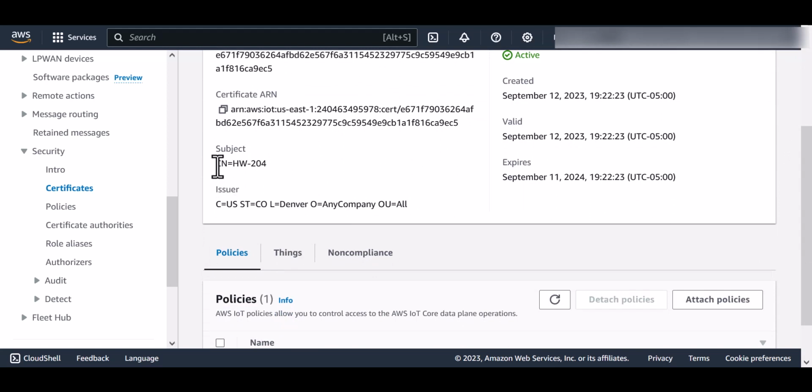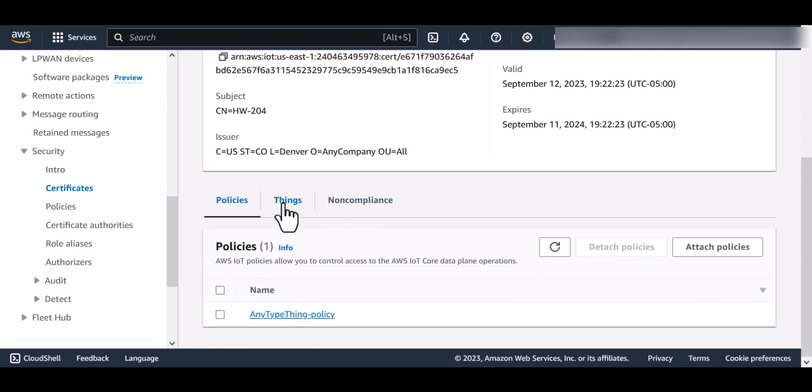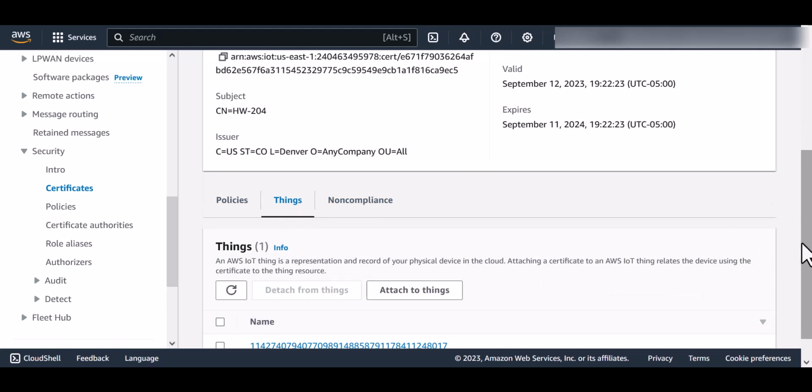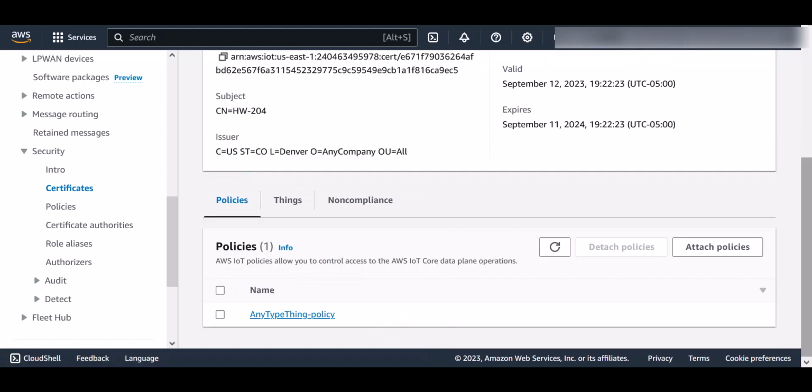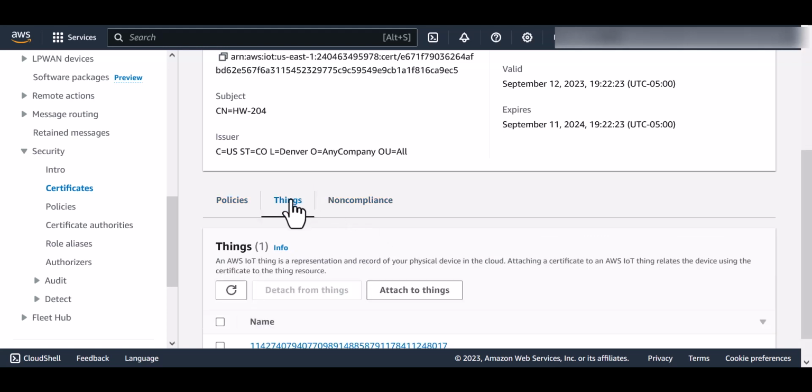You can see the common name is this, the hardware version, with all the devices, and the corresponding thing is this thing. So in terms of policy, the policy that has been attached to that device is actually our any policy. And if we check the thing, right,